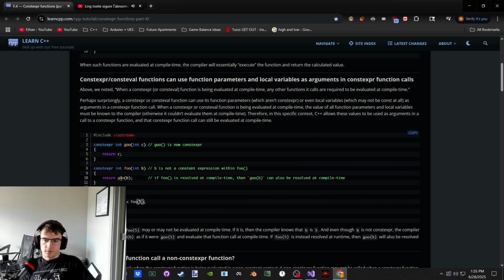So we're calling foo with 5. We're calling a const expression function, or a const expression integer returning function, with this argument that's not a const expression. So we're calling it, but we still have to call it with a const expression value, which is in this case an integer literal. And it then returns the return value of a call to goo, passing in what it got. Well,